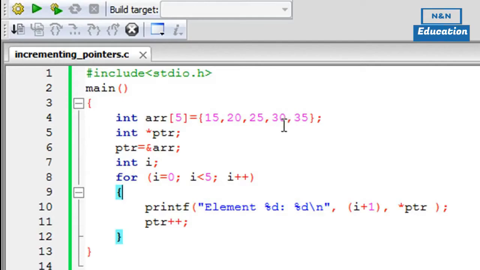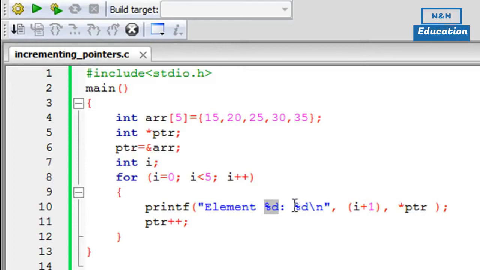Within the curly braces for the for statement, I have printf on line 10, which is going to display the element number first. There is a %d format specifier after the word element, part of the string that's going to get printed, and it's going to be replaced by the value I plus 1. The first element is element 1, and since I in the first iteration has the value 0, I have to add 1 to it to print 1 instead of 0.